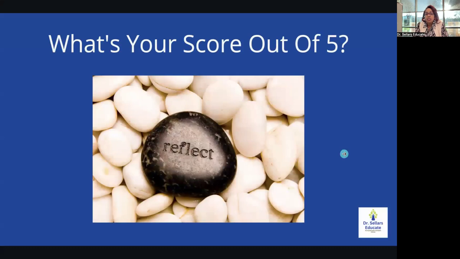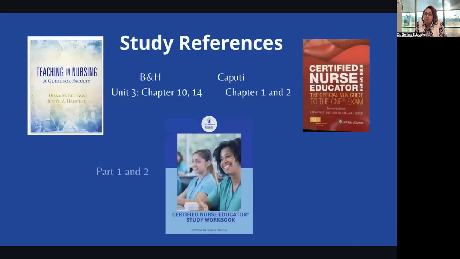The next step we want you to take, and the last step, is we want you to do a little bit of a self-assessment. So what's your score out of 5? 5 meaning that you are at a point where you are very knowledgeable about the content, and 1, you are very confused. Okay, so 1, you're very confused, 5, you're very knowledgeable. And then if you're in that sweet spot of 3, that's a great place to be, because that really validates for you that you have a little bit more clarity to seek related to the concepts we've talked about. How do you clarify and clear up your muddy points?